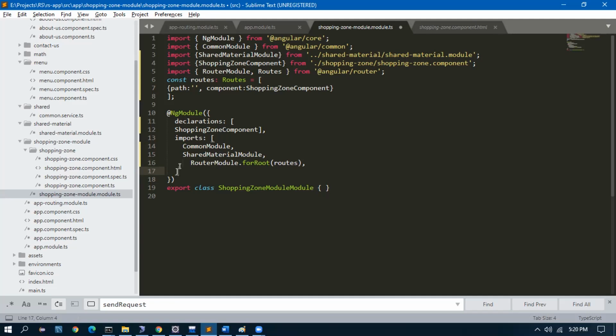And I have to do one more thing: imports, and after imports, exports, RouterModule. And this is for the child module.